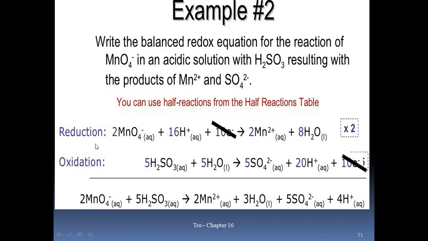Just as I explained, find out where the reduction is going on and where the oxidation is going on. For example, your MnO4 negative is changing to Mn2+. It means this is the reduction half. First you need to calculate the oxidation numbers, then divide the equation into reduction half and oxidation half. After that you have to balance the oxygens. As you can see, Mn2+ is here and O4 negative is here, so you need to balance the oxygen.